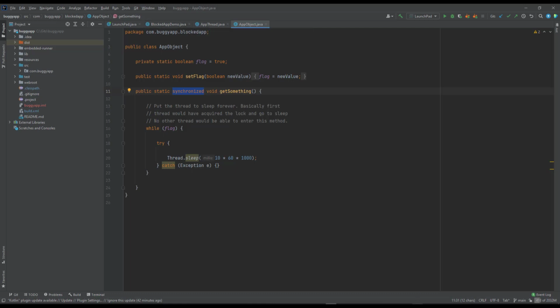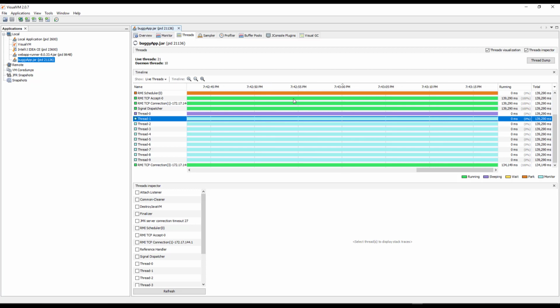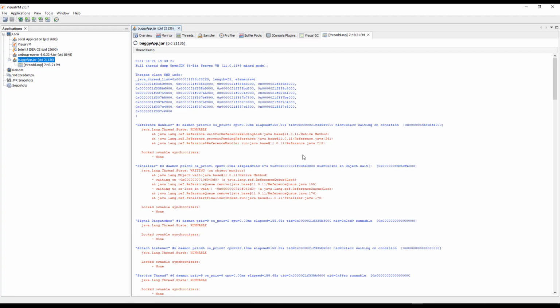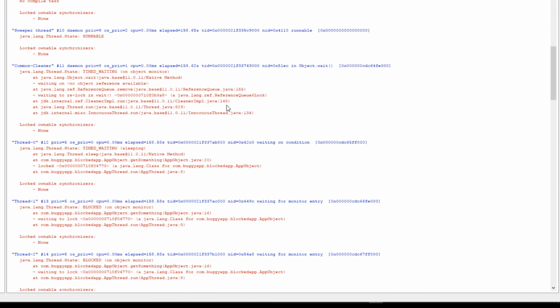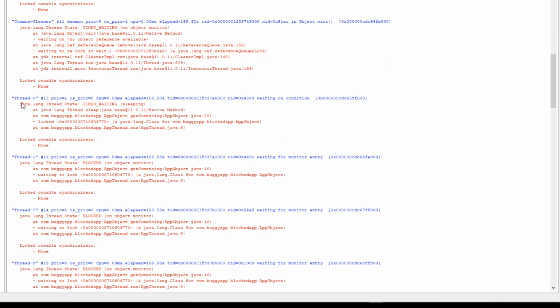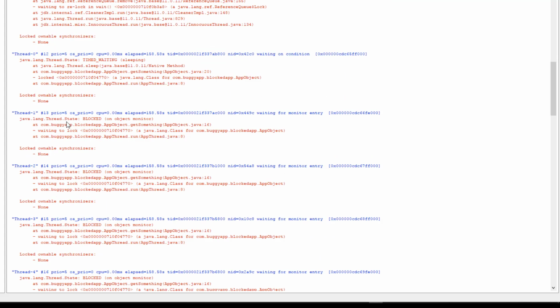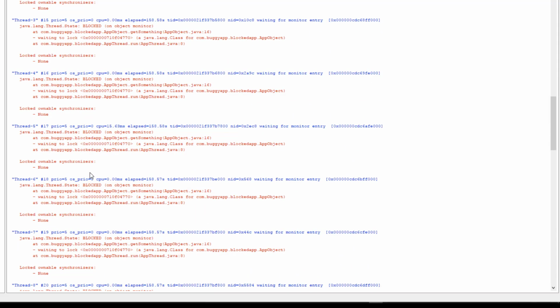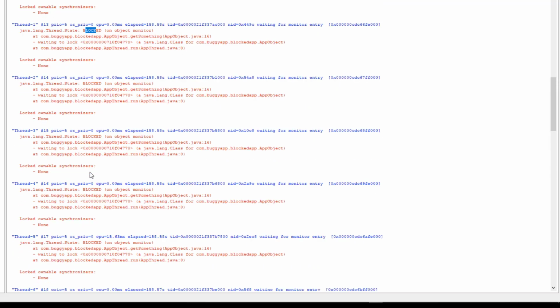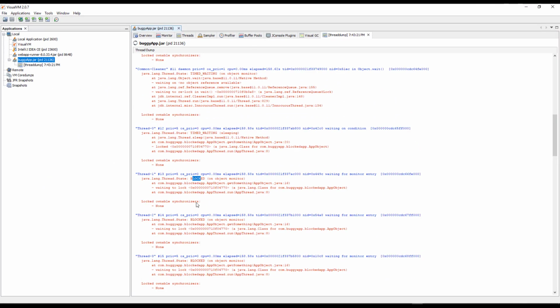Now let us go to VisualVM and take the thread dump. To take the thread dump, just click on this thread dump button, and you can see the thread dump here. If you manually go through what's going on in each thread, you can understand the problem. So here, if you see thread 0, it is in TIMED_WAITING. Basically it is sleeping. And thread 1 is in blocked state, and thread 2, thread 3 and so on, all the remaining threads are in blocked status. So as per your analysis, this will cause your app to become unresponsive. So this needs your analysis.